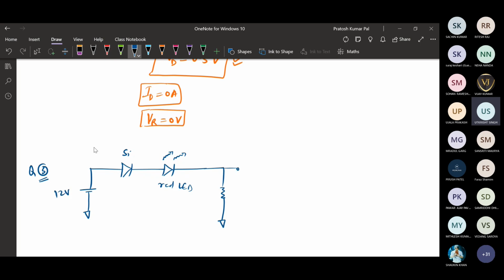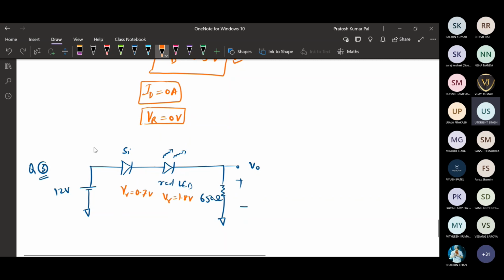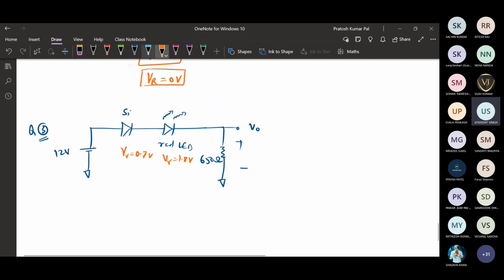Okay, and this is your output voltage. This is positive and negative, and this resistance value is 650 ohm. Here the knee voltage in the case of silicon is 0.7 volt, and the knee voltage in the case of a red LED is 1.8 volt. So if this is the given case, now we need to find out